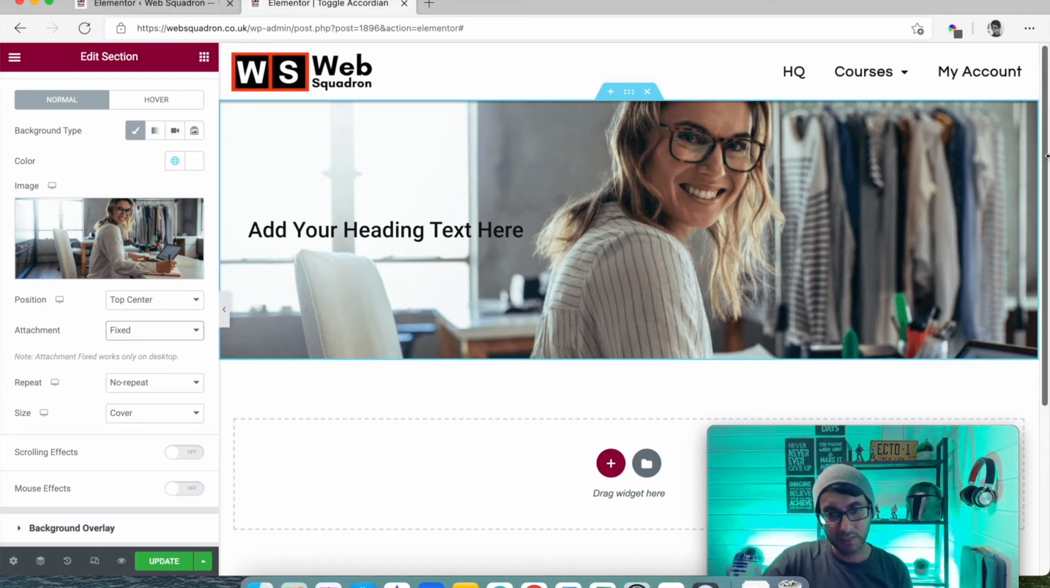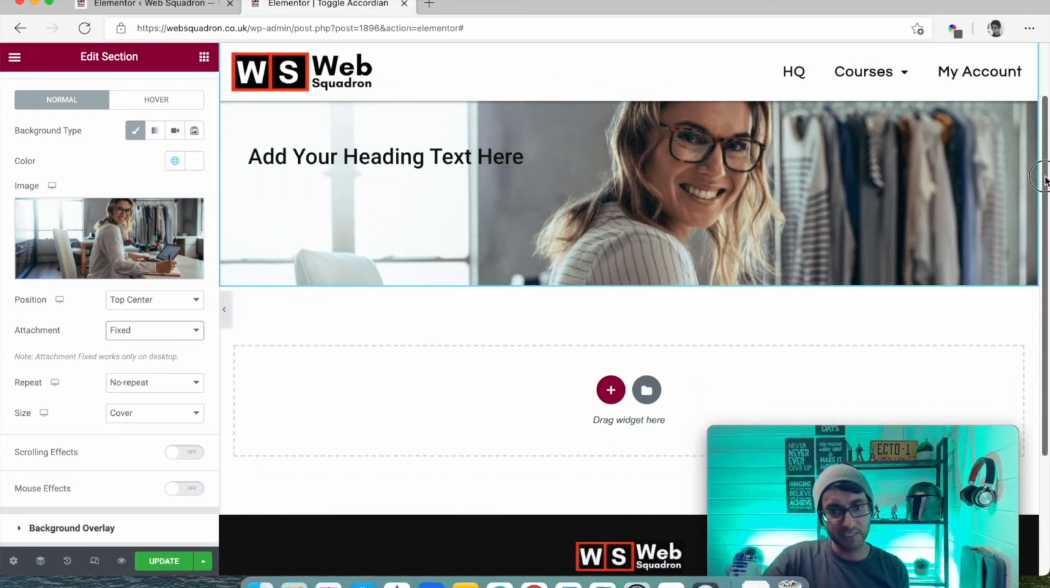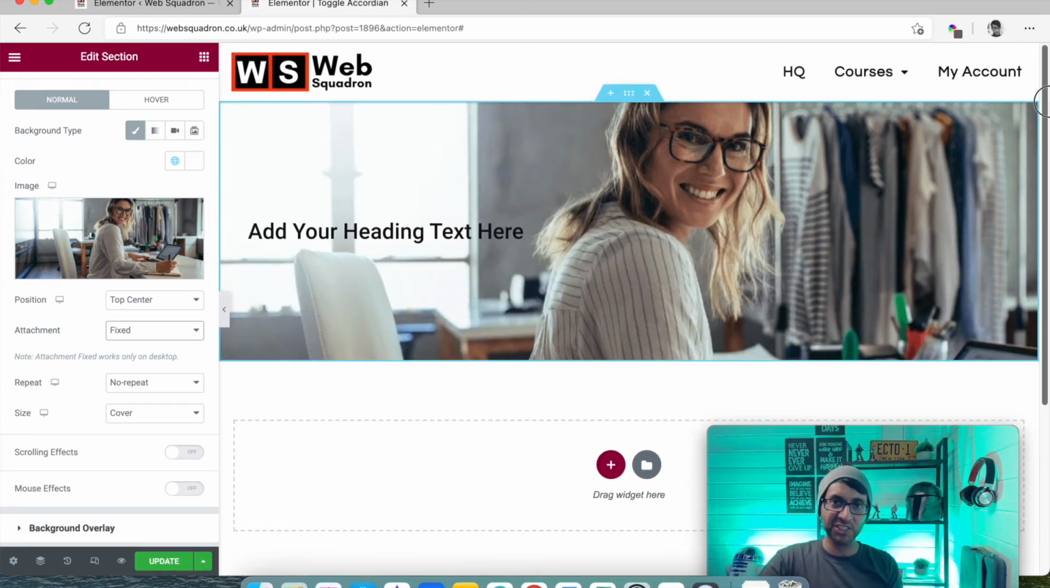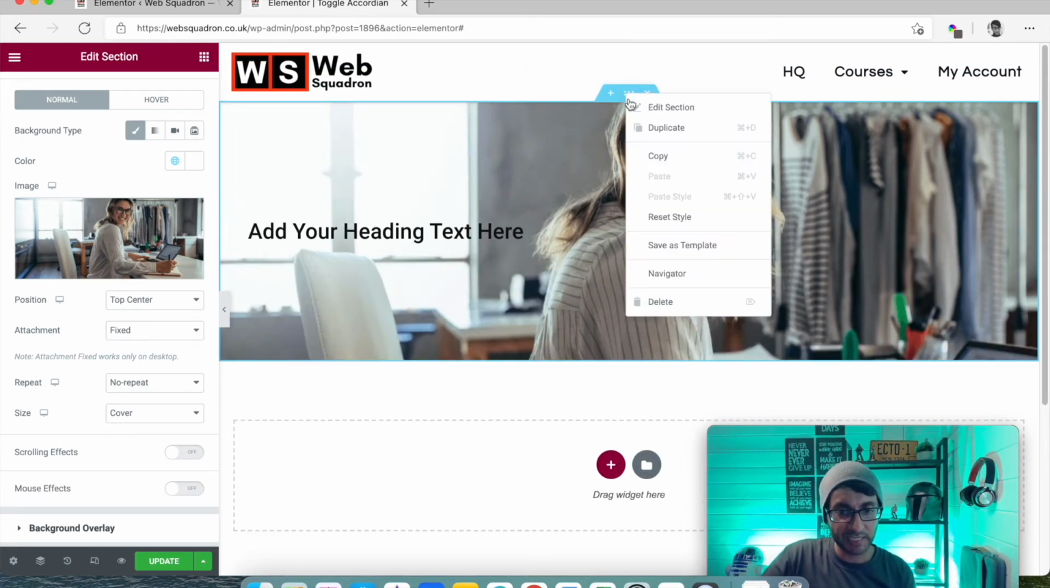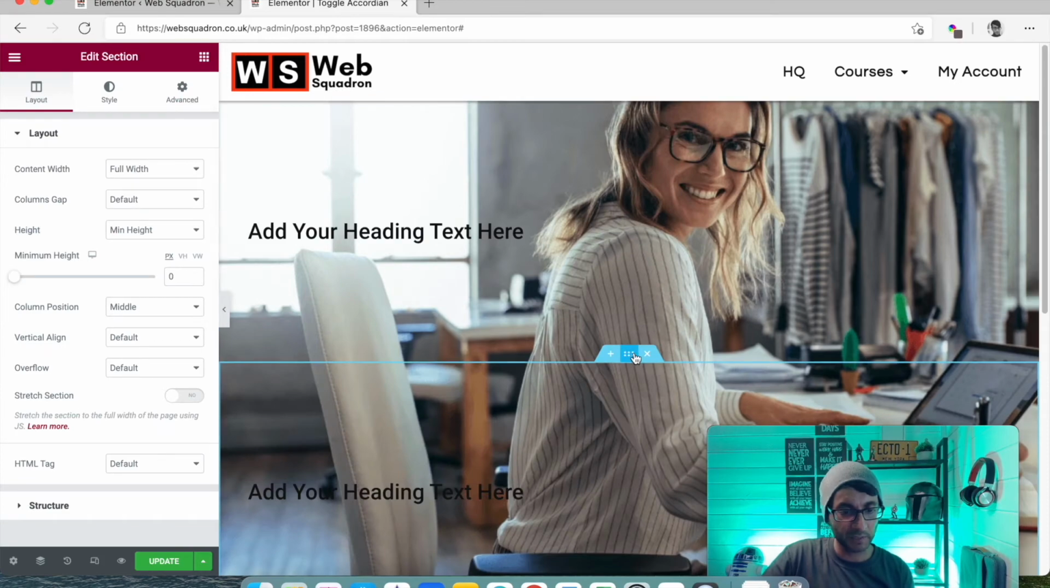So look, the image has slightly grown. And as I scroll now, the image just stays there fixed in the background. So as you move up and down, it doesn't go anywhere. And you could have a great effect where if I was to now just do a quick duplicate of this one here,